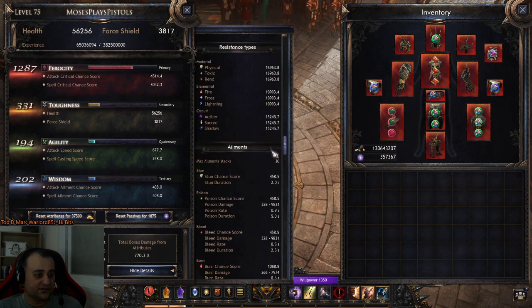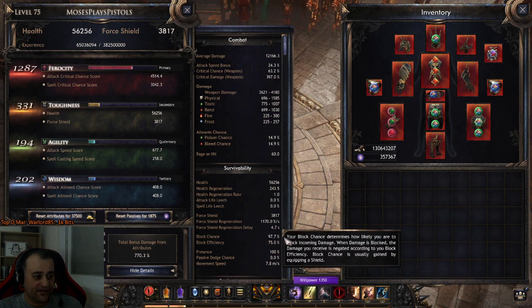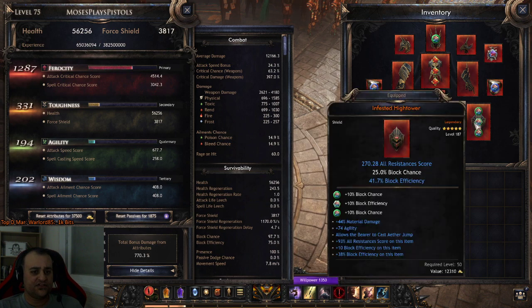It is somewhere, where is it? Right here. So block chance 97.7, so nearly 100%. That's not the big deal. The big deal is to get that value up. And even that is not particularly hard. These shields are